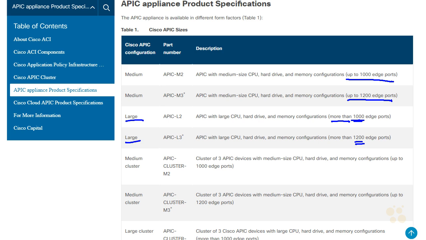So picking out our APIC model really boils down to a single question. How many edge ports do we have in our environment? If we have more than 1200, we'd want the L3. If we have less than 1200 and we don't expect to scale beyond 1200 anytime soon, then we can get away with the M3. Now, there is one other thing to keep in mind with all of this, and that has to do with this little asterisk that's on the M3 and the L3. What that's saying, if we scroll down, is it's saying that these servers only support 10 and 25 gig SFP